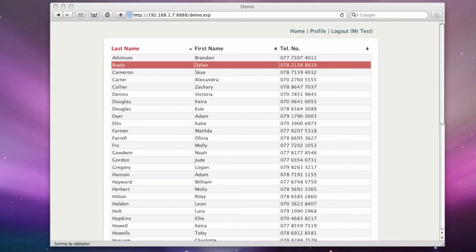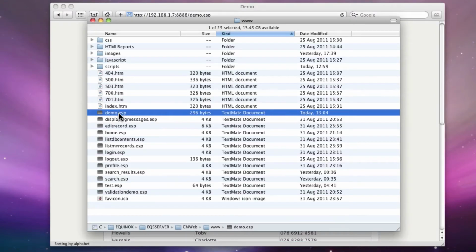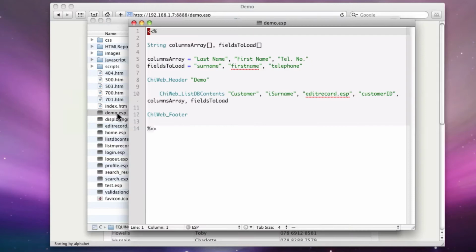So first of all, let's look at the www folder, and you see there is the page we were just looking at, demo.esp. So this procedure, listDBContents, has this argument there, which shows what page the person will be taken to when they click on one of the customers. Currently it takes them to edit record.esp, but I'd like them to be taken to our new page. So we'll create a page called